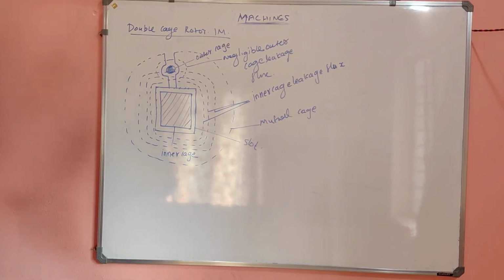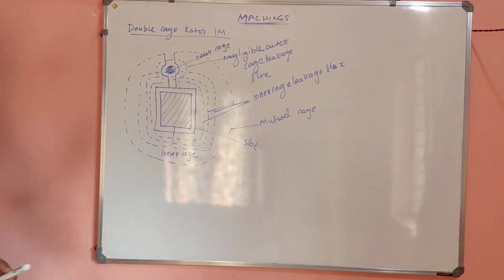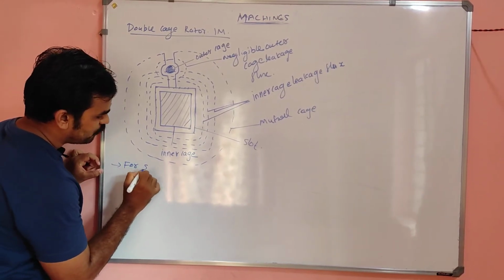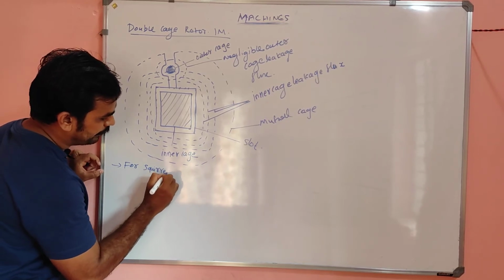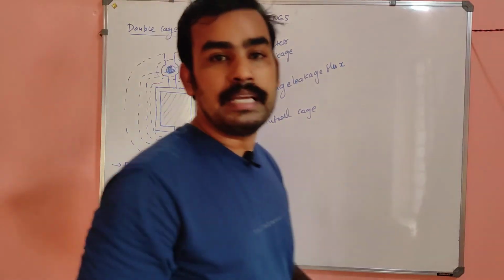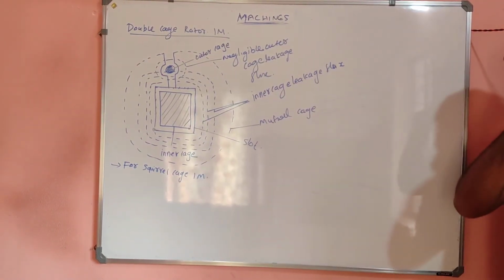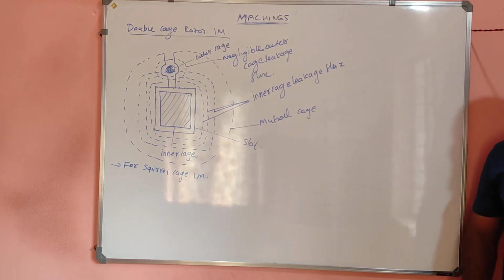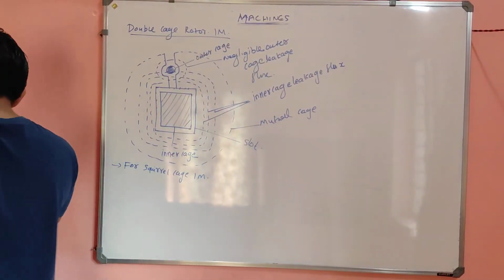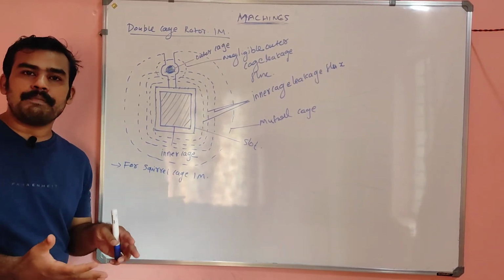See, this is also for what? Squirrel cage induction motor. Because in the squirrel cage induction motor, the problem is the starting torque as well as the high starting current. So we have to eliminate that. This double cage rotor motor is actually a special type of